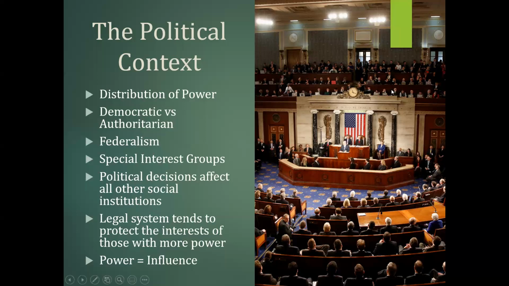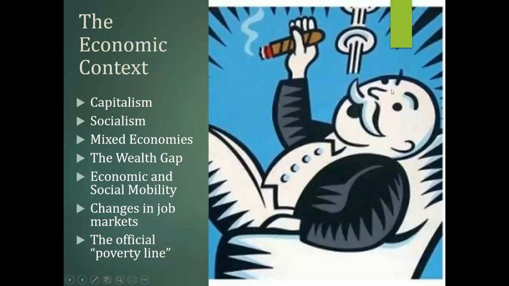Beyond the political context, we always have our economic context. Those are not sorted, of course, but we have this massive wealth gap. And when we talk about the wealth gap, I'm not even going to talk about the 1%, right? We're not talking about the 1% of the poorest. We're not talking about the 1% of the wealthiest. We're talking here about those that